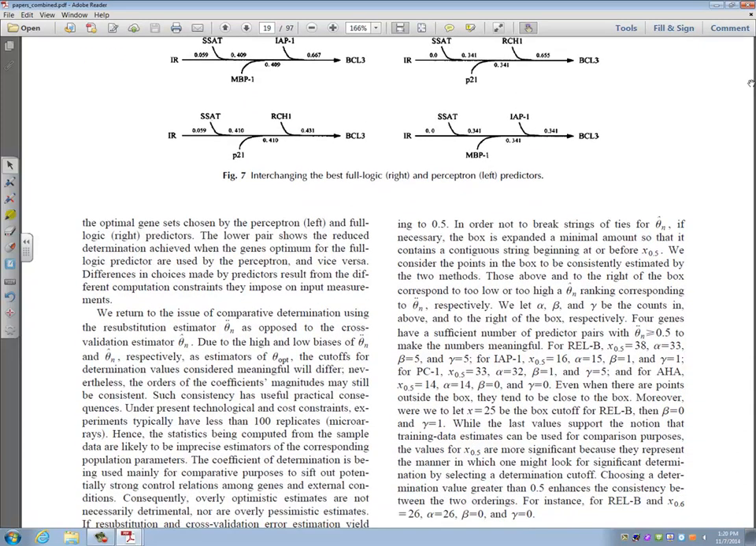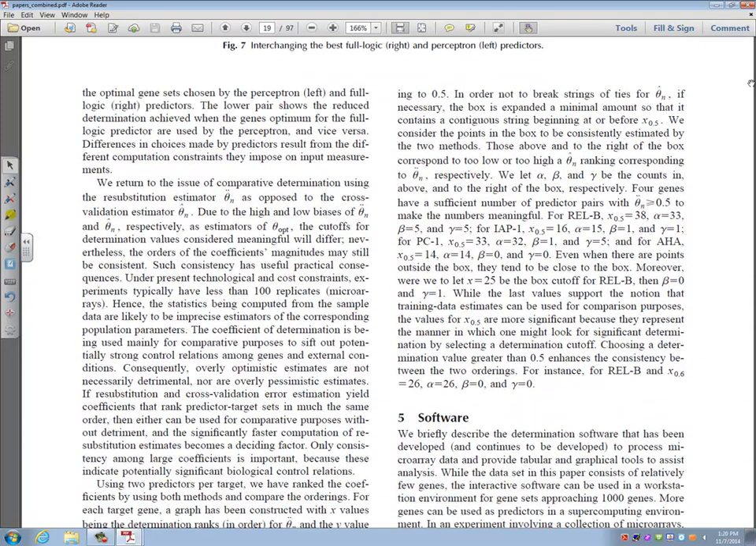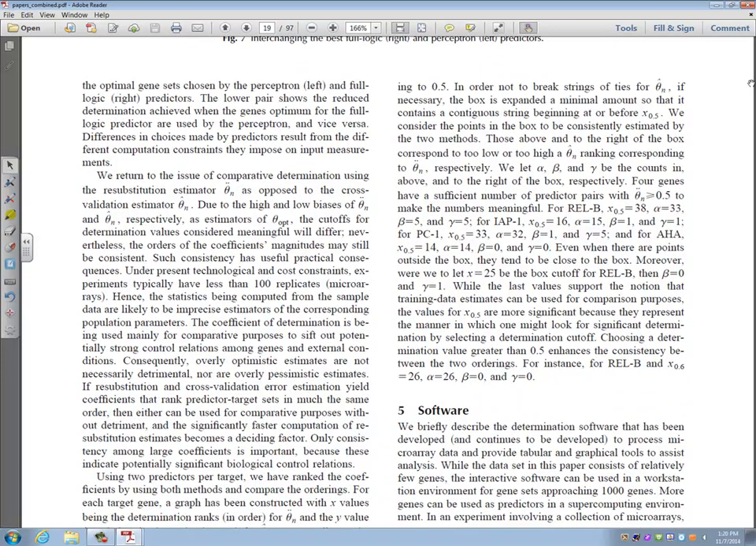And here, of course, there is some discussion about which error estimation you should use. Whether you should use resubstitution or cross-validation and so on. And if you're interested, if you're statistically inclined, I encourage you to go and read that stuff. But